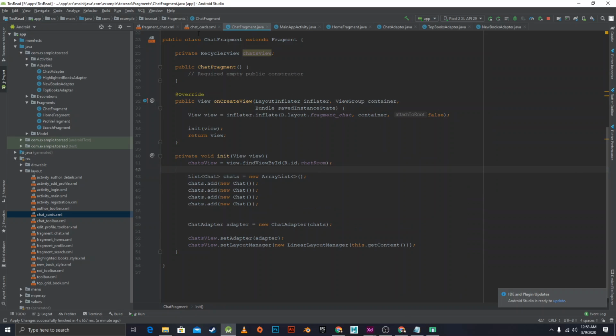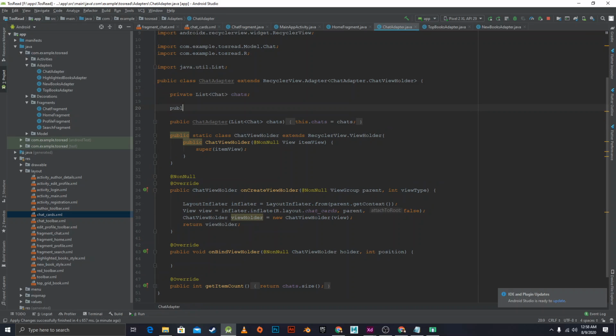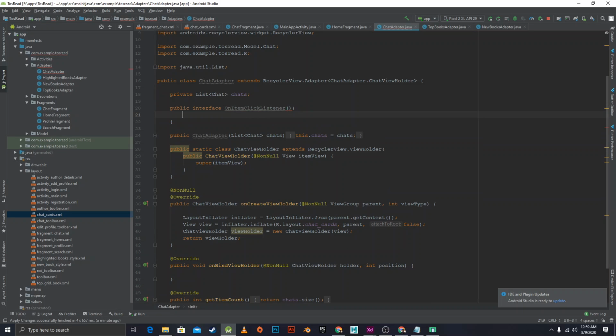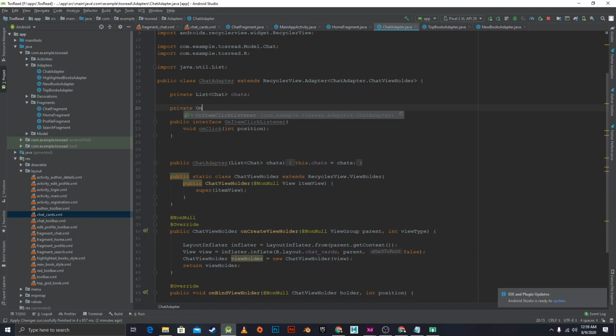And to do that, we have to go back to the adapter. So inside of our chat adapter, we need to create a public interface, and this would be on item click listener, and then this would have a void on click function that takes in an integer position, like so. There we go. And then we now make a private on item click listener on item click, and then we set up